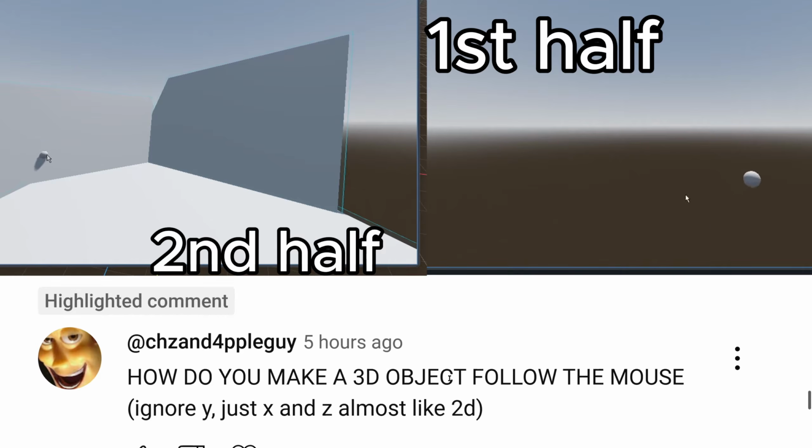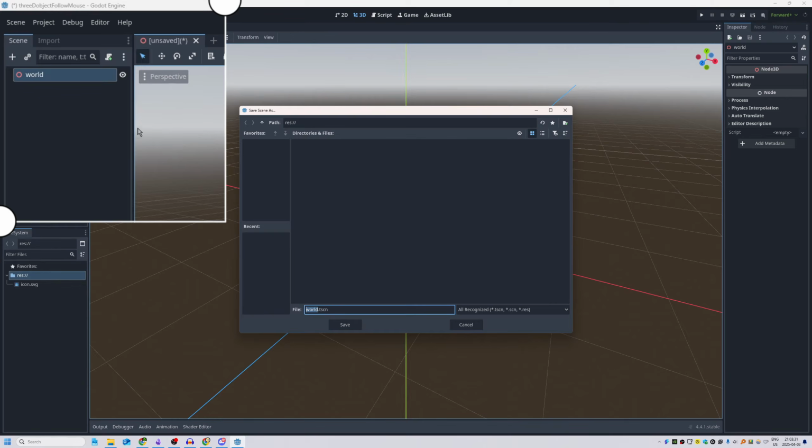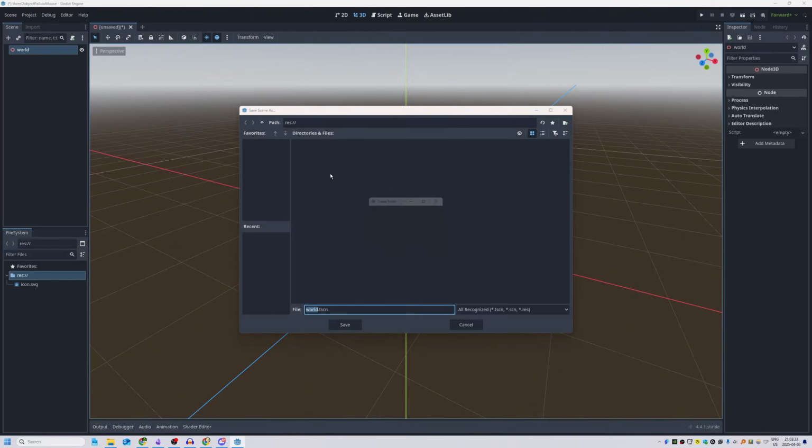How do you make a 3D object follow the mouse? Ignore Y, just X and Z, almost like 2D. You want to make a new project, set up a simple world, Node3D, nothing crazy, you can save it